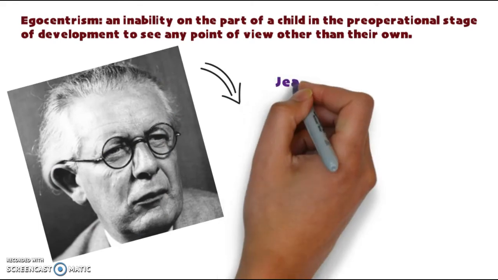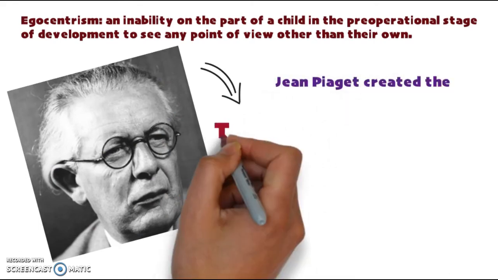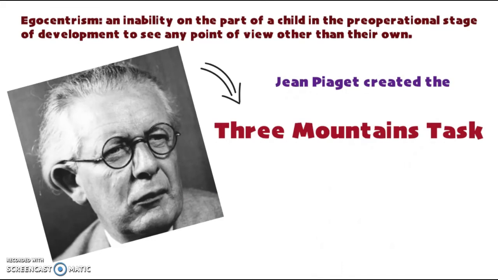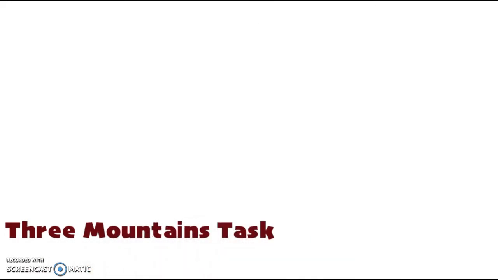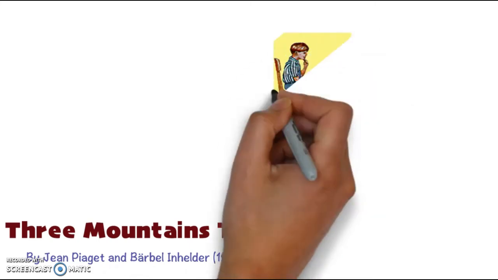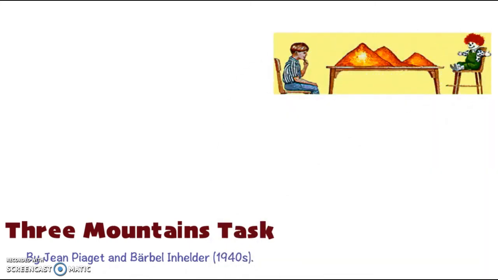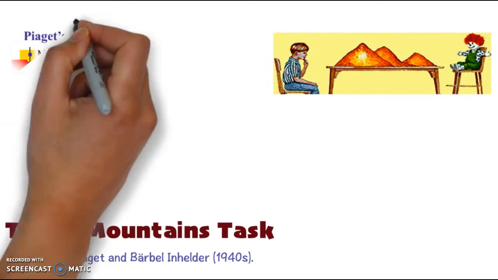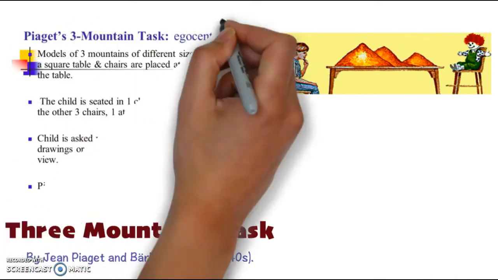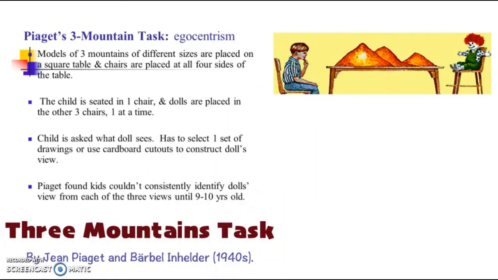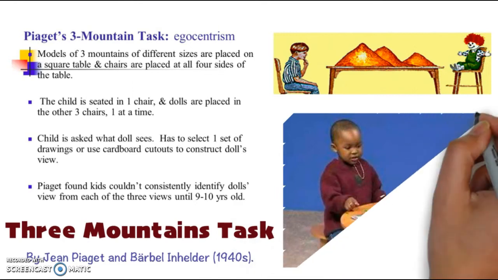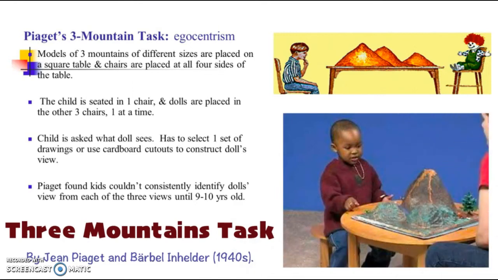Jean Piaget created this experiment, the 3-mountain task, in order to find out at what age children become less egocentric. According to Motley 2009, in the task, a child faced a model of 3 mountains while a researcher put a doll at different positions of the table. The researcher asked the child to indicate the display from the doll's perspective, select from various pictures showing the doll's view, and identify a viewpoint for the doll specified by a picture of the model.